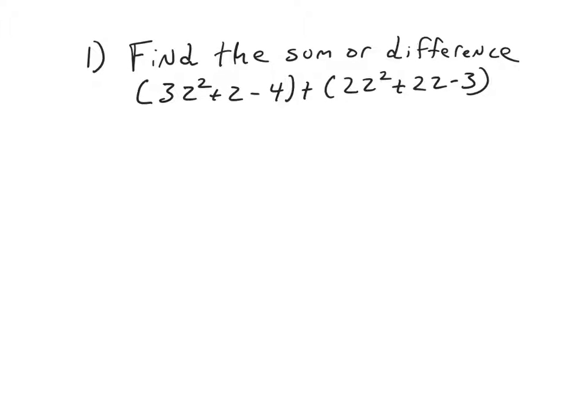This is bellwork for Monday, December 4th. On number 1 it says find the sum or difference of 3z squared plus z minus 4 plus 2z squared